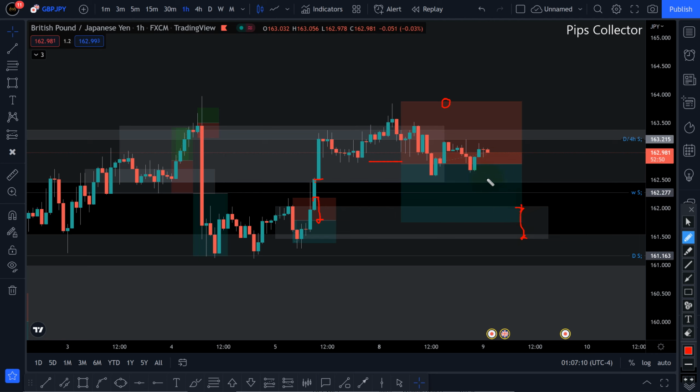But if this doesn't play out, I don't want to just jump into taking buys because price has tapped this zone here, which is a zone of interest to me. Okay, so if I want to take buys, I would like to see some strong bullish momentum, then retrace before I take buys. So for now, I'm on the sellers